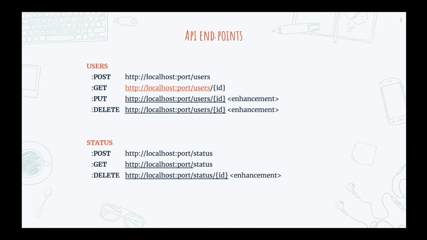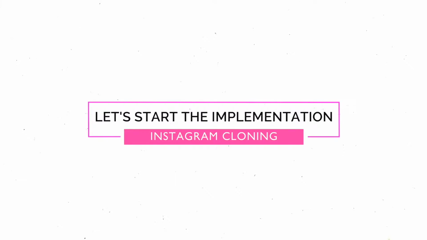So enough of theoretical discussion, though it was very useful, because until and unless you design a system properly, it will be very difficult for you to do the actual implementation of the software. Because the design document and the design architecture is the first and foremost thing that you have to do for building any enterprise system in the real world. So enough of discussion, let's start with the implementation of our APIs.